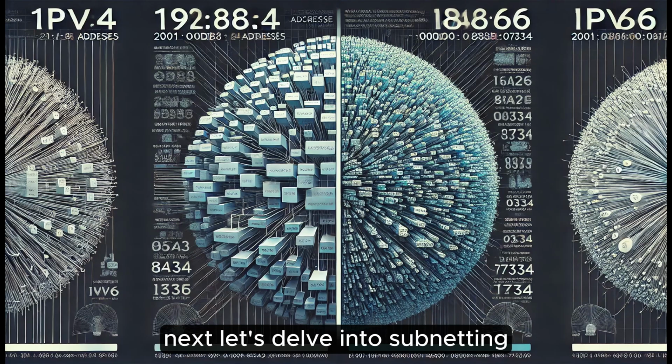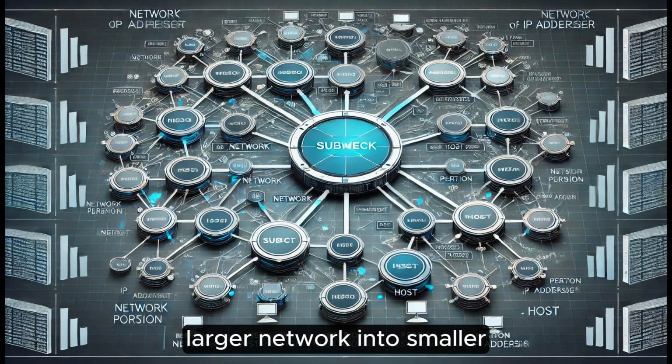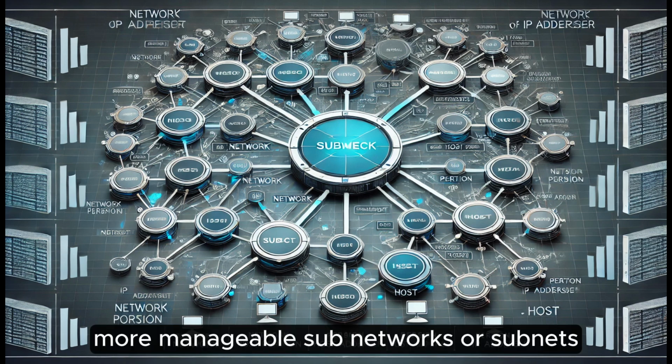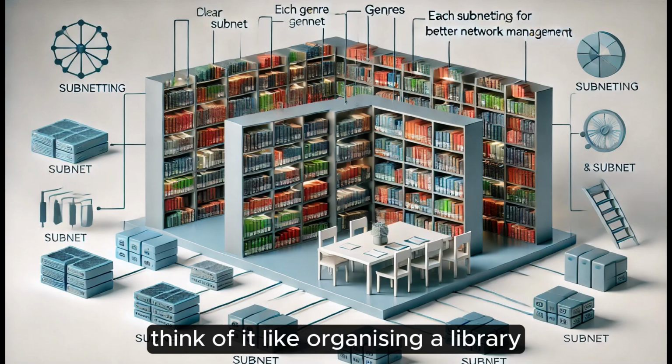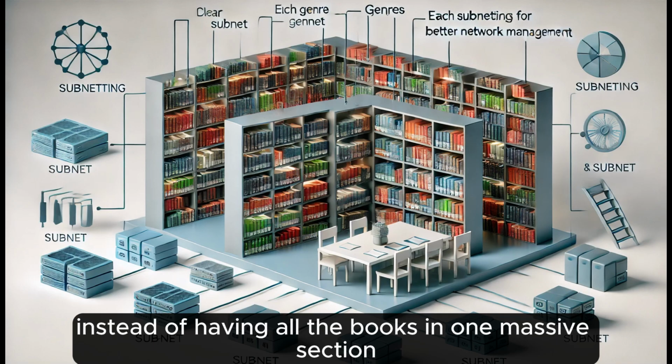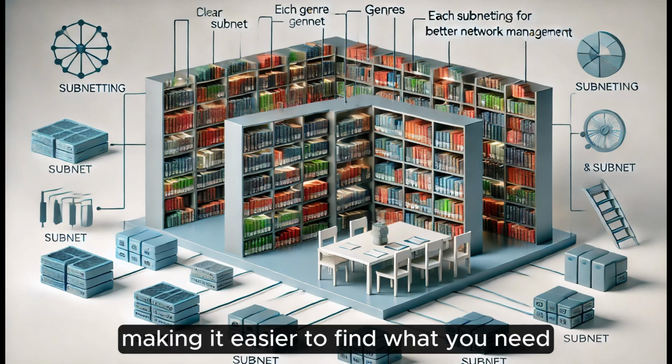Next, let's delve into subnetting. Subnetting is a method used to divide a larger network into smaller, more manageable subnetworks, or subnets. This improves the efficiency and security of the network. Think of it like organizing a library. Instead of having all the books in one massive section, they are divided into genres, making it easier to find